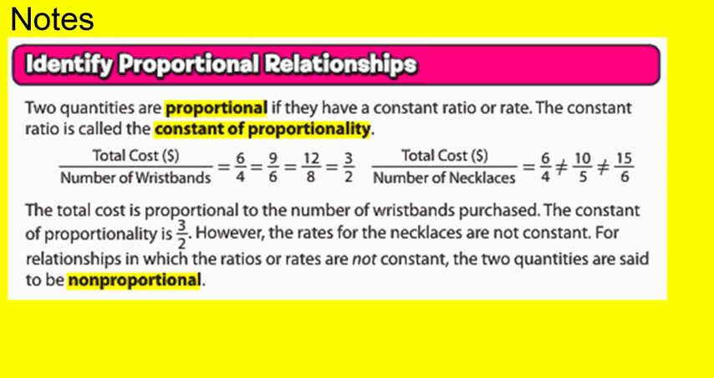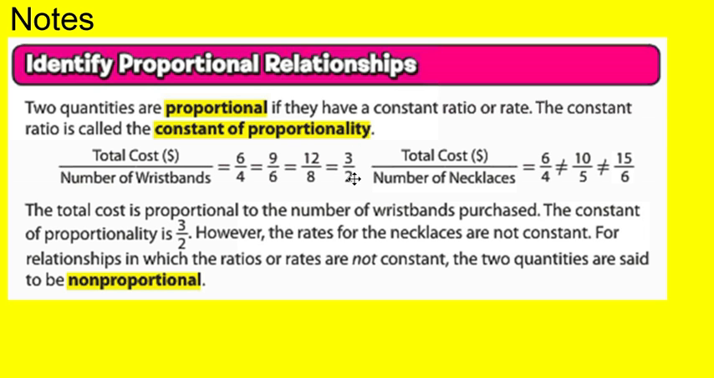Identify proportional relationships. Two quantities are proportional if they have a constant ratio or rate. The constant ratio is called the constant of proportionality. In this example, we have total costs and number of wristbands. So if I set up these ratios 6 over 4, 9 over 6, 12 over 8, and 3 over 2, all of these equal 3 over 2. Therefore, they all are proportional because they have a constant ratio of 3 to 2, and the constant of proportionality